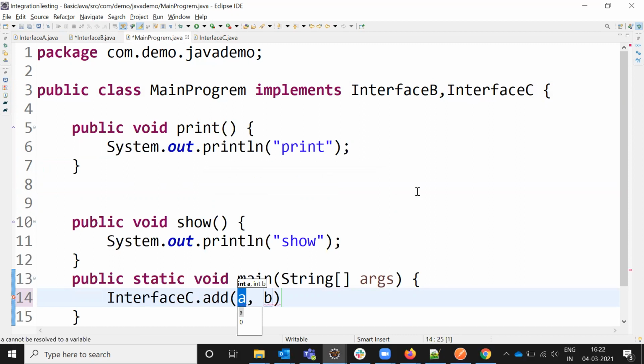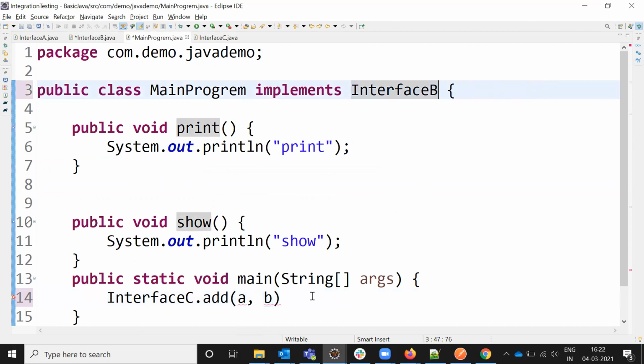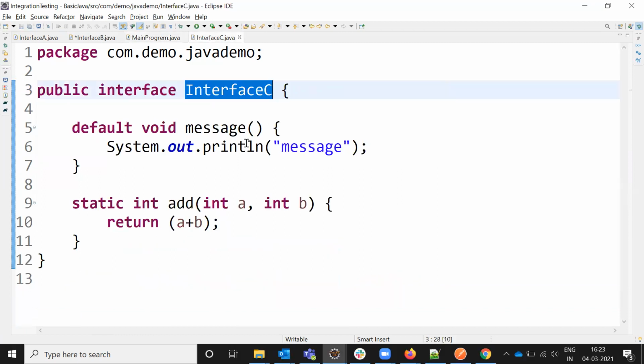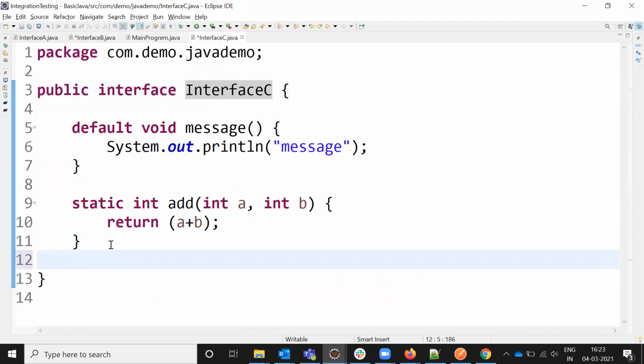That's why it is not coming. And we can give 5, 10. This way we can create static methods, and even private ones also.